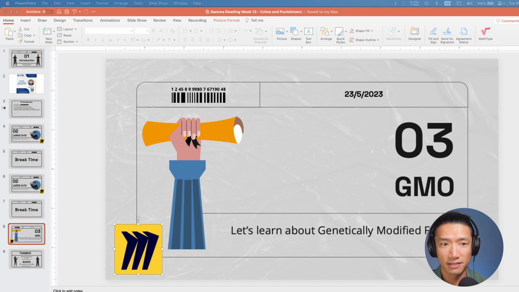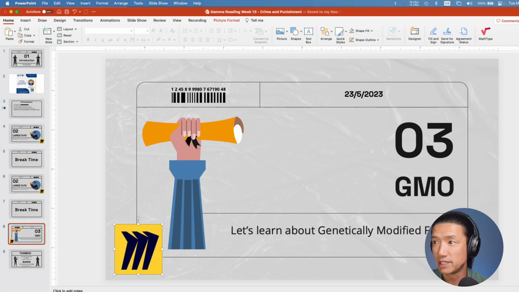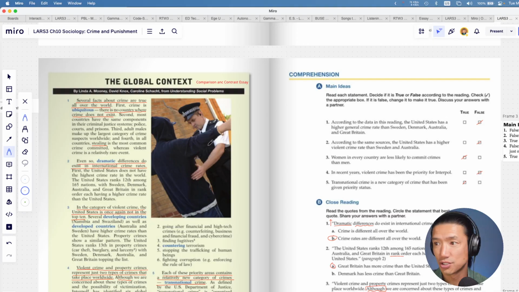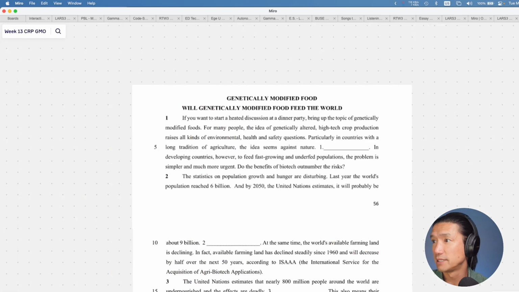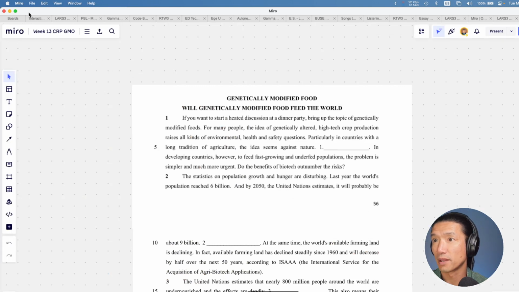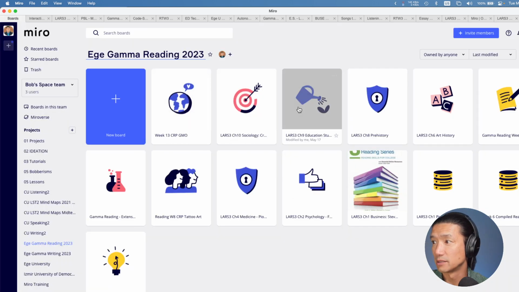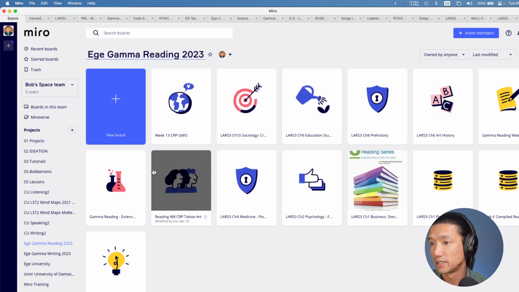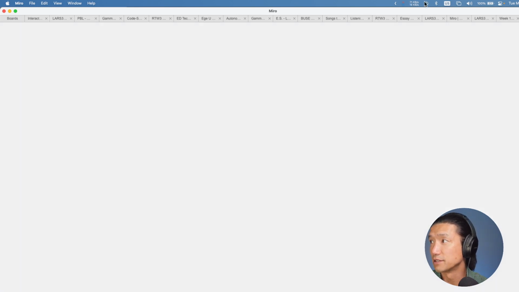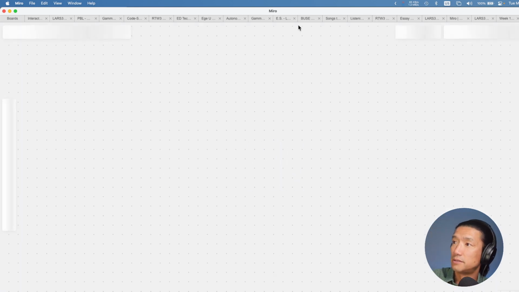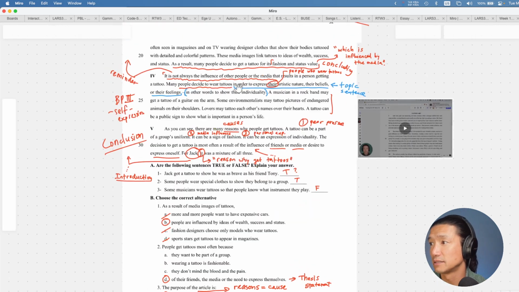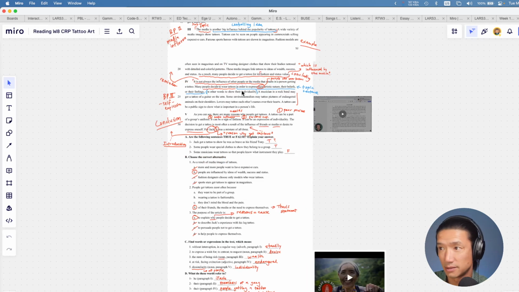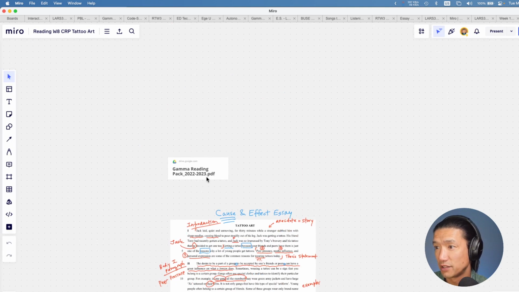Now we're going to be talking about GMOs. This is in your compiled reading, which I have no idea where that's at. I should have a link somewhere. If you guys don't have it, you probably do. Let's see if we have a link here. This is what I like about these. I don't know if you guys look at them again. You should.